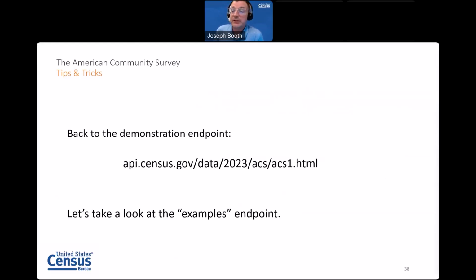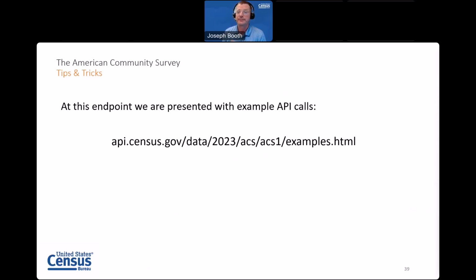So the next thing we're going to do is take a look at the examples endpoint. This section is incredibly helpful when you're first learning how to construct API calls. There's lots of different sample requests for different geographic levels. You can target state, county, tracts. It's a great place to get a feel for how to format your queries.